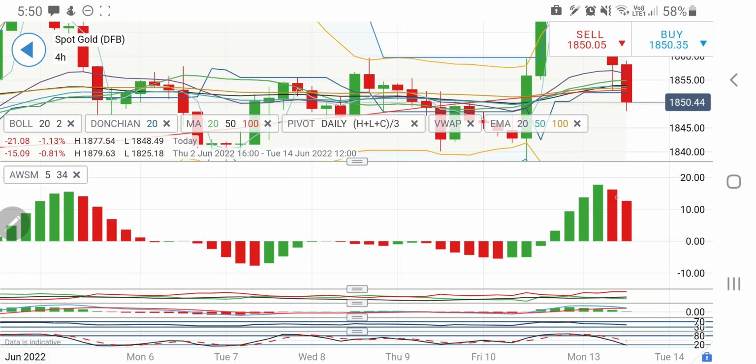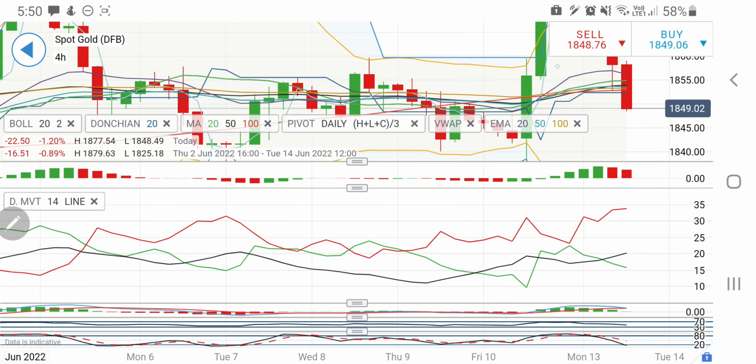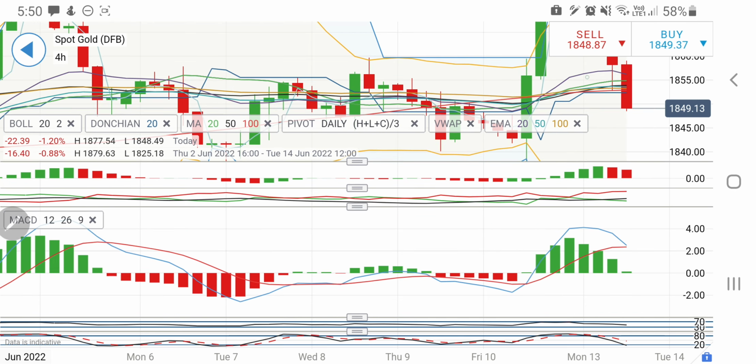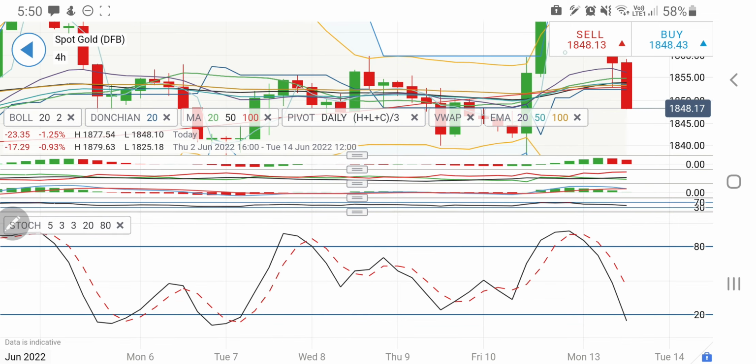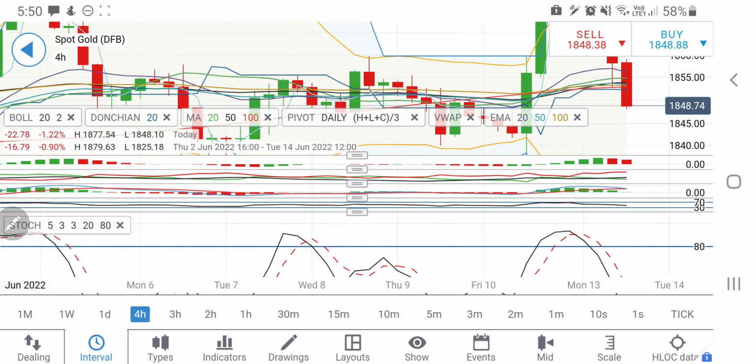If you look at the awesome oscillator, it is still in the positive domain. It is trying to drop from here. It is trying to trade negative. The directional movement is bearish here. It is a wide divergent and bearish. The MACD is trying to cross over for a sell entry, and the RSI is looking downwards. Similarly, if you look at the stochastic on the 4 hour charts, it has come back to the oversold levels.